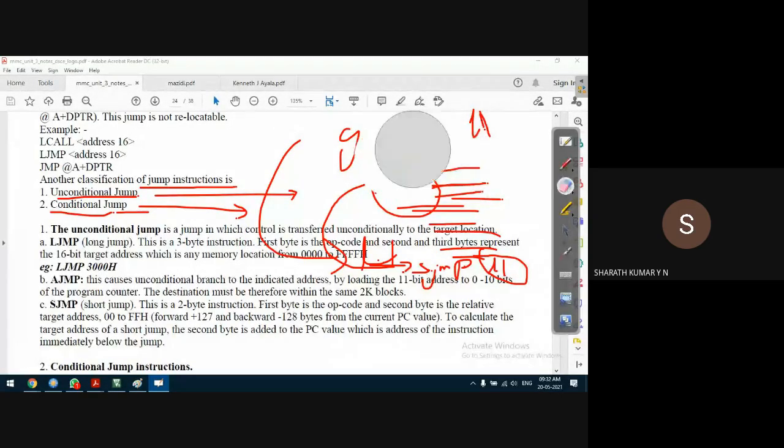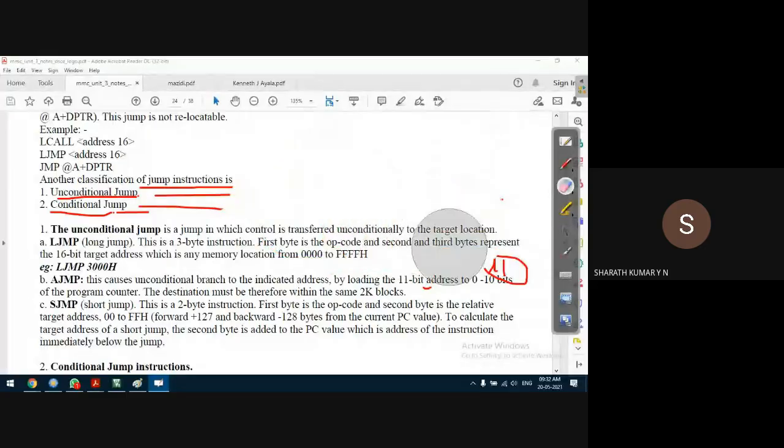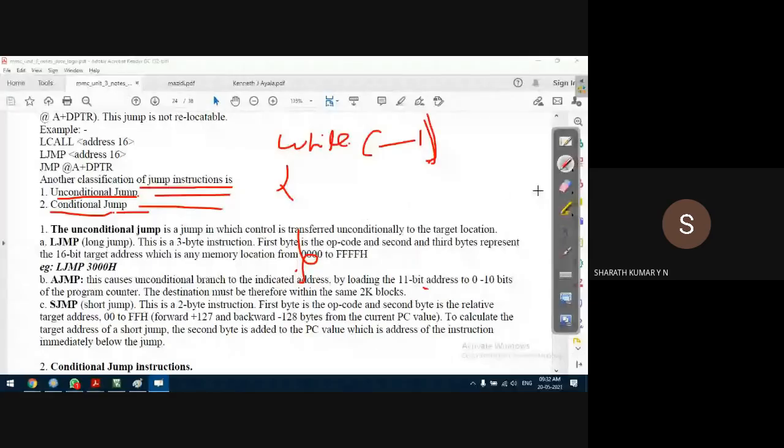Conditional jump instruction is similar to while in C language. How does while work? While, let us say, 1, as long as it is true, execute a set of instructions. But sorry, it's not going to be a jump instruction in C language.